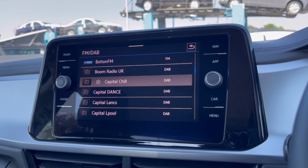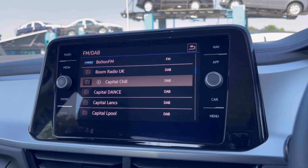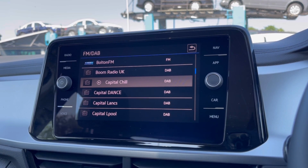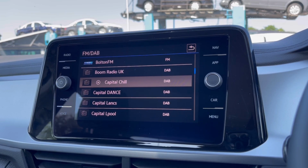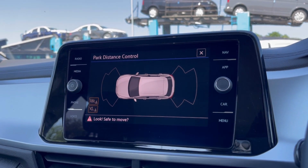We all love having a fun experience while driving, and the DAB radio keeps you entertained while you're on the move, as you have a wide range of stations to choose from to keep you busy while driving on those long distances. And with this stunning car, you do get your Park Pilot, offering you confidence while driving in those